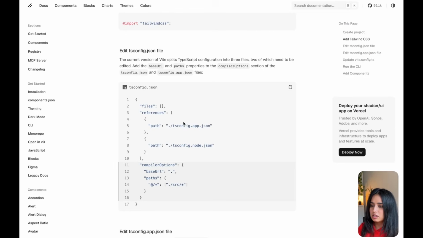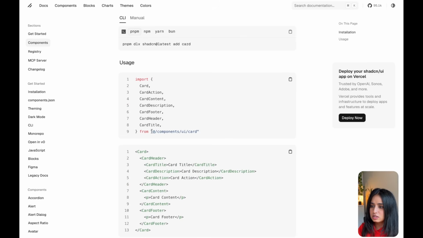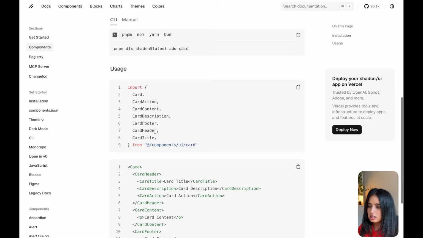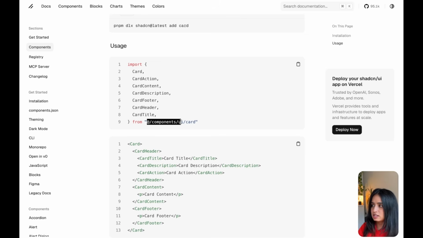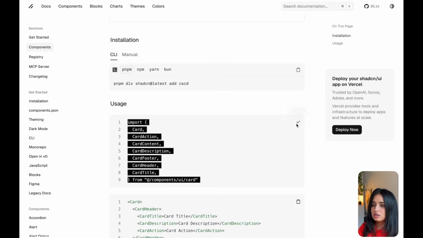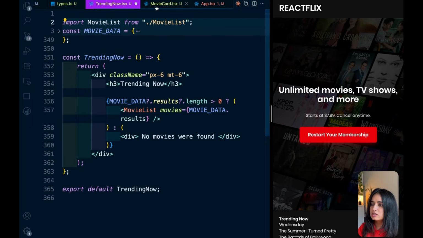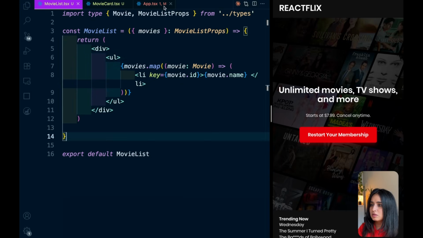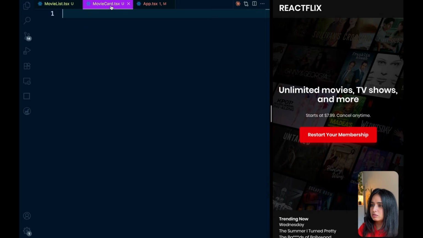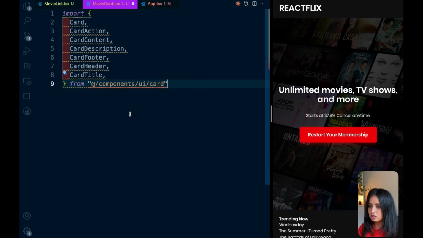Now the next step in the documentation of adding this card is that you have got to do this kind of symbol. You got to do @ and then components/ui/card. This is why it was complaining about it. Okay. So let's do this. I'm gonna copy, and then in my movie list component, where do I? Oh, I already have movie card. Okay. But in my movie card, I'm gonna import this, and then I'm gonna create const movie card equals